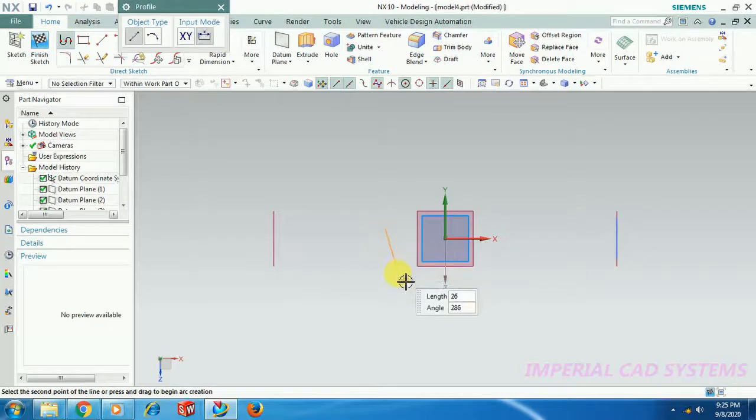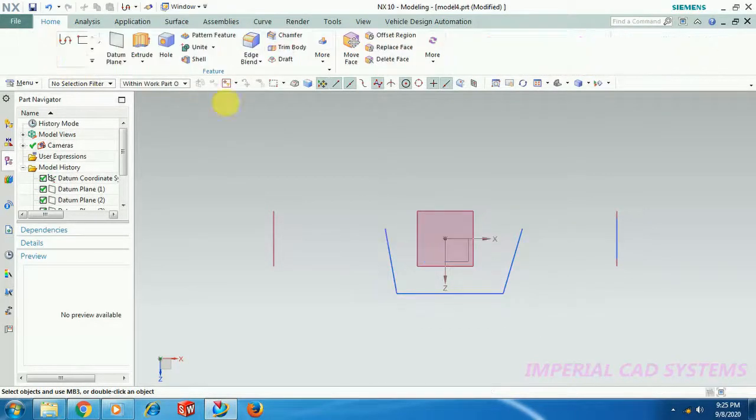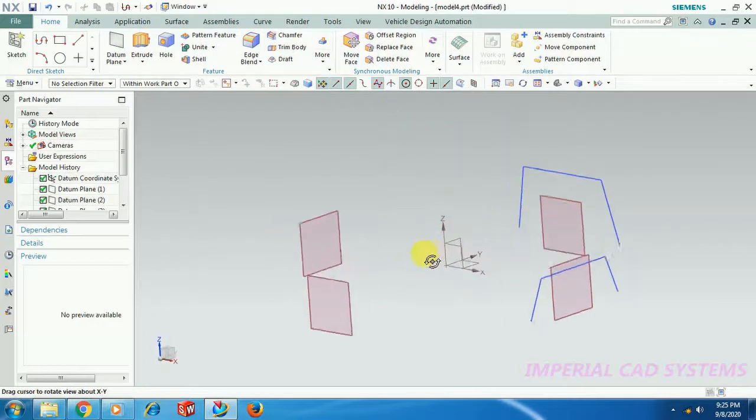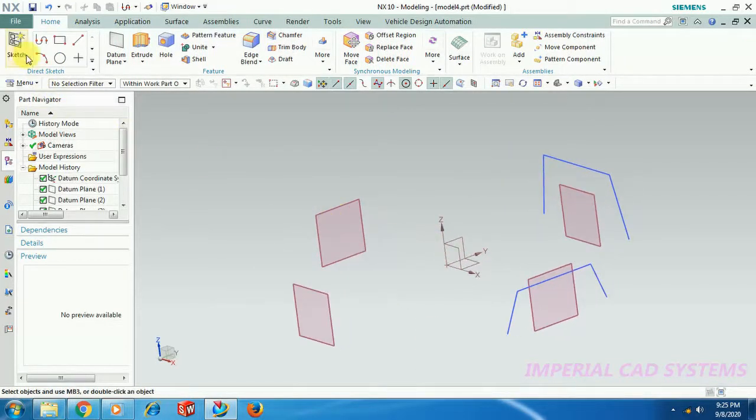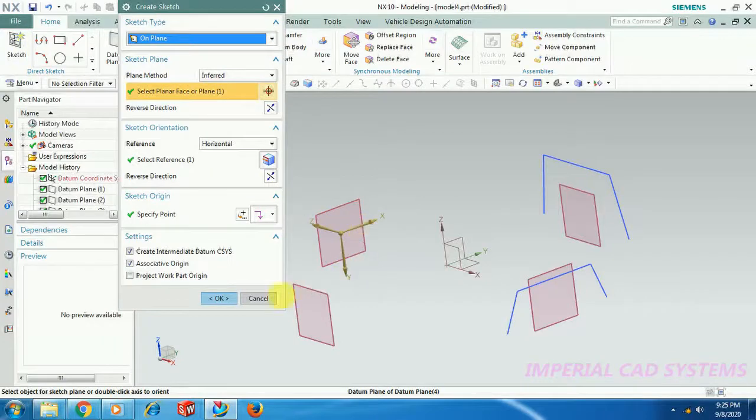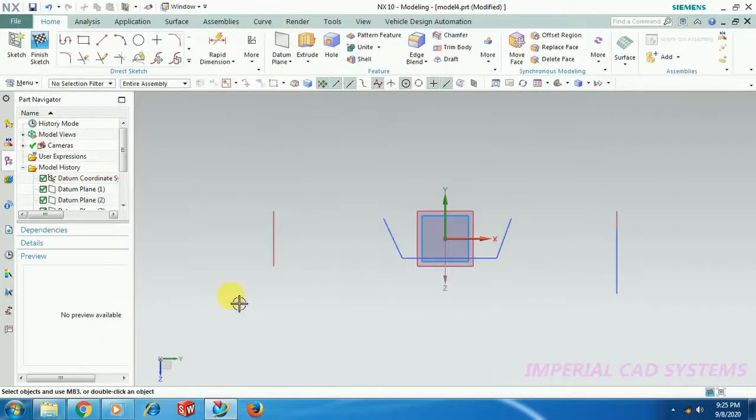Downside, the sketch is turned downside, so I'm creating a profile somewhat bigger than the previous one. Same, I repeat.